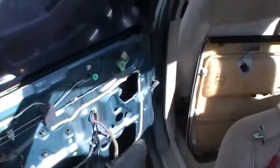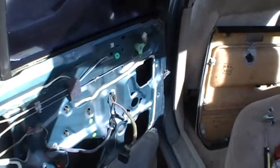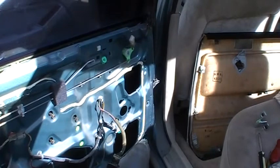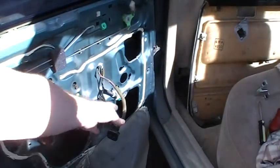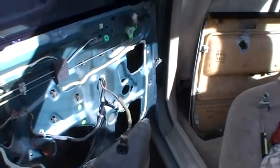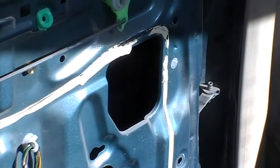So I got that hooked back on there. Let me see if this will show up. What I want to show you, I'll zoom into this area here. Oh, there's my switch right here. So now it works, or see. But I want to zoom into this little hole here, and hopefully this will show up on camera. And when I go down,